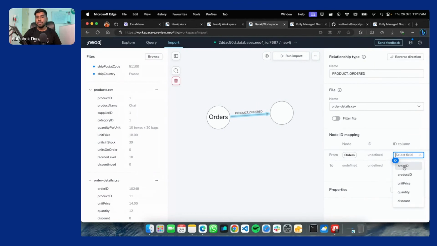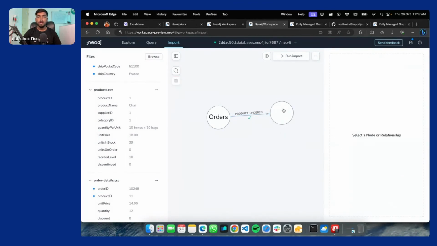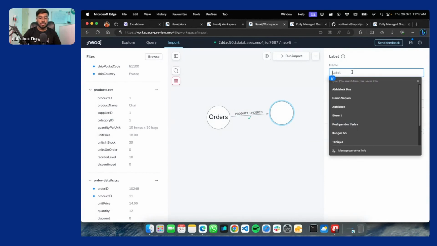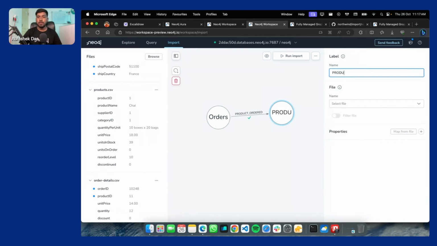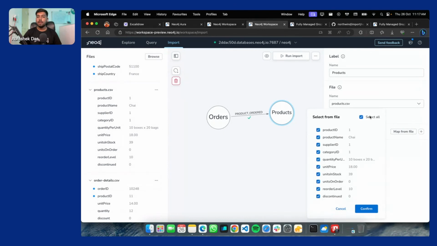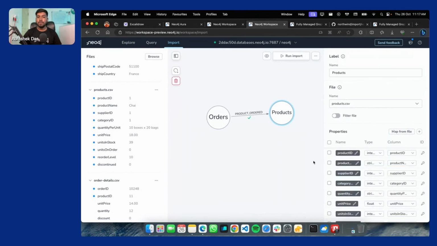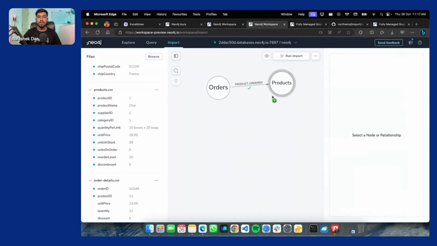And here you can do it for order ID and product ID. You have to put a label name, that is products. Select your file products.csv, select all, and confirm. So now when you hit preview,